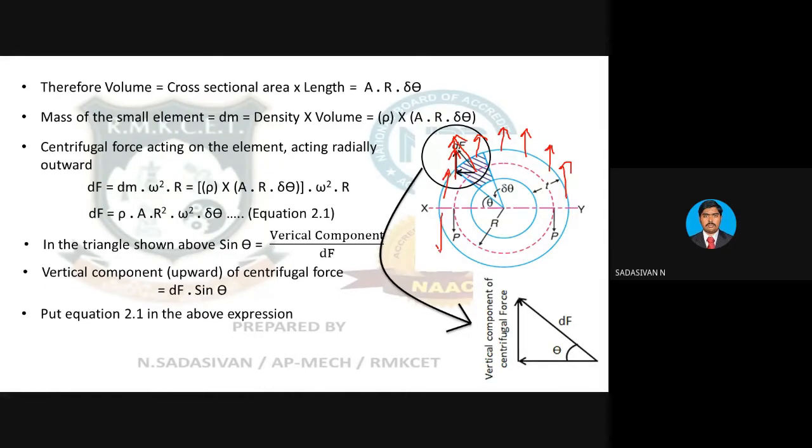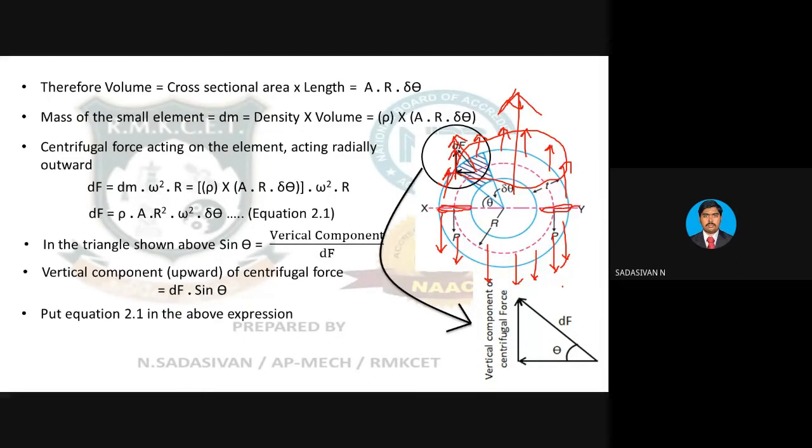Similarly, if you come down, that vector will turn the direction. It will become negative. It will act in the downward direction from 180 to 360. So effectively, in these two places, one cross section and another cross section, the summation of all these forces will try to break this flywheel into two pieces along these two cross sections.